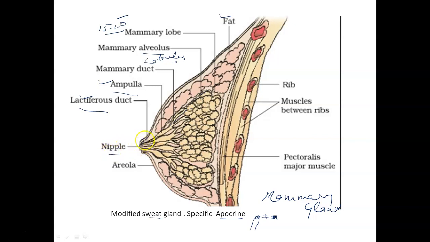From the lactiferous duct, milk comes out with the help of the nipple. Where the lactiferous duct and the nipple are, around that area is the darkly pigmented area, and this area is known as areolae. The areolae is actually a circular disc of roughened pigmented skin which causes the nipple to become firm and erect, so that it facilitates the suckling of the milk by infants.